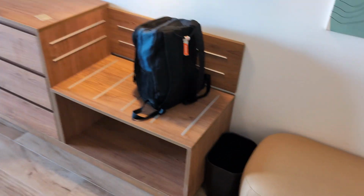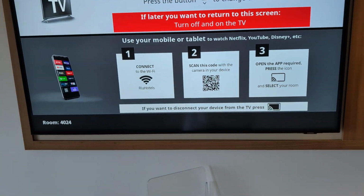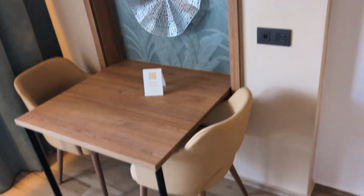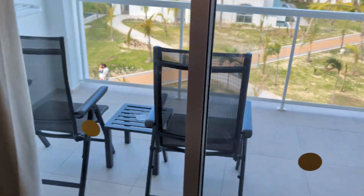You got some desks, you got stools, place to put your luggage, some drawers, your TV. You have some artwork here, a little desk and some chairs, couch and a table. Over there's your phone. And then if you go outside, I don't know why this doesn't close properly,